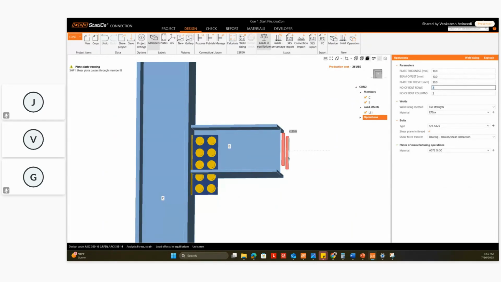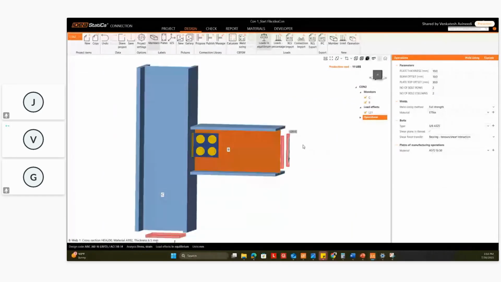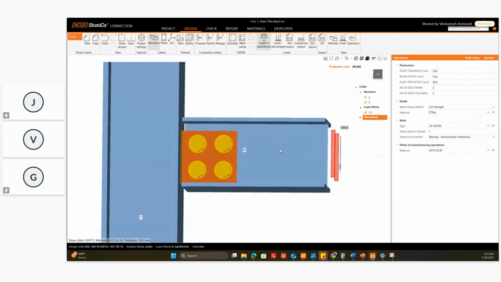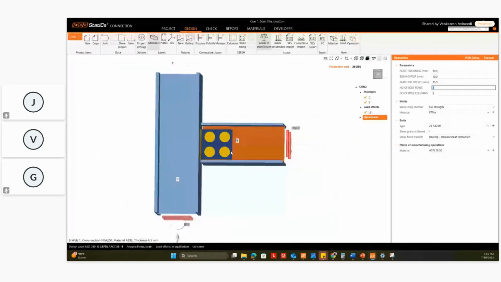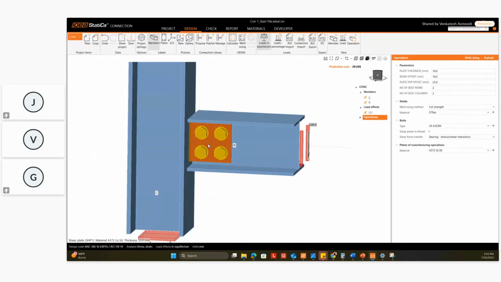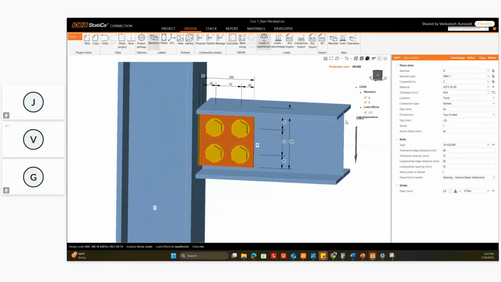Like, I will press 2 bolts, 2 columns, and I will increase the diameter of the bolt to maybe 24, and it's done. And maybe it's 25, and it's done. So it is as easy as this to work with the parametric templates. And the spacings and edge distances for 24 dia is different,